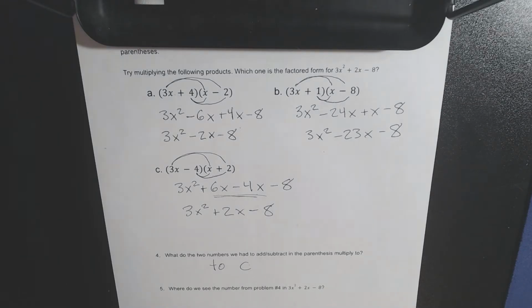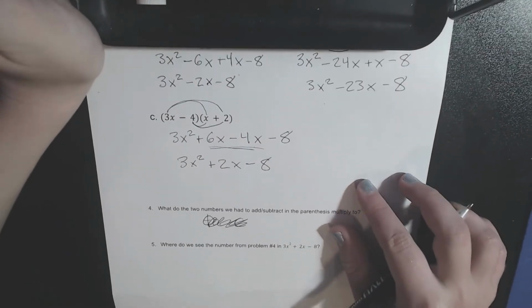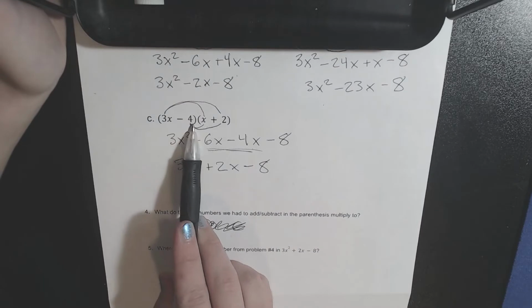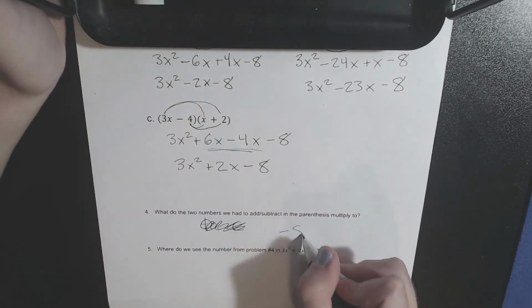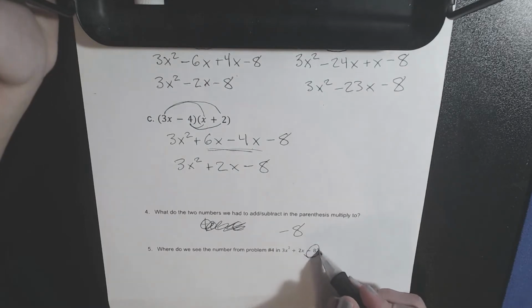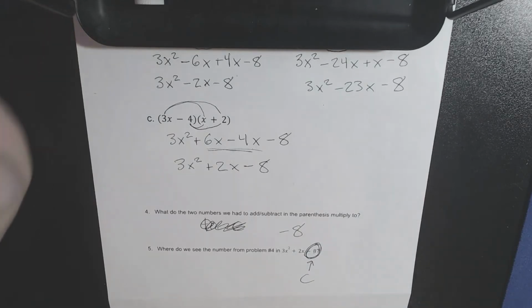So, where do we see, okay, let's scribble that out. So what do the numbers that we have in these parentheses have to multiply to? It was negative 8, which we see in our equation is the very last number in the equation. It's the c, okay? So basically, whatever numbers are going to go inside those parentheses still need to multiply to c,